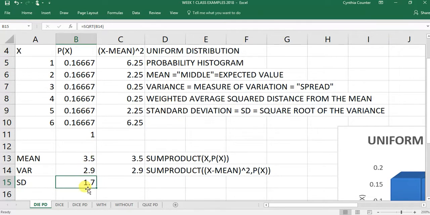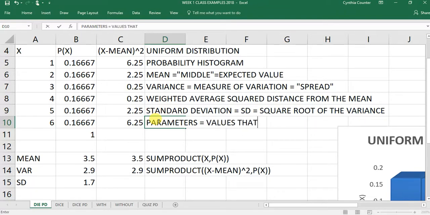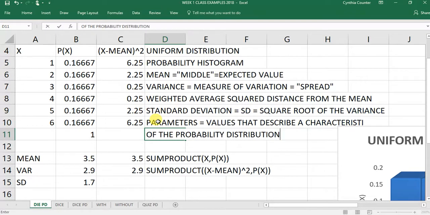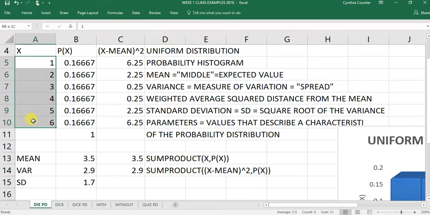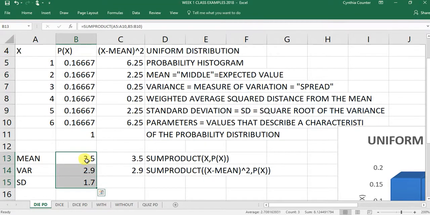So we only want these to 1 decimal place because you only want to round your parameters. These are called parameters. Parameters are values that describe a characteristic of the probability distribution. We want to round these parameters to only 1 more decimal place than the values of the random variable. These are whole numbers, what we call discrete values, since they're whole numbers, so we only round the parameters to 1 decimal